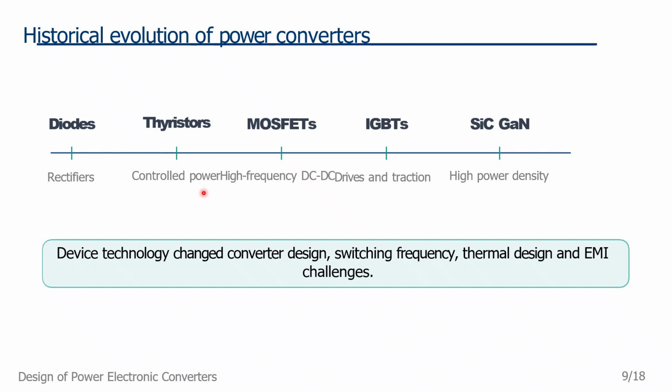Then MOSFETs and IGBTs were implemented, where MOSFETs made high frequency conversion systems possible, and IGBTs enabled medium and high power conversion systems. And today, in the latest innovation, wide bandgap devices like silicon carbide and gallium nitride are revolutionizing the